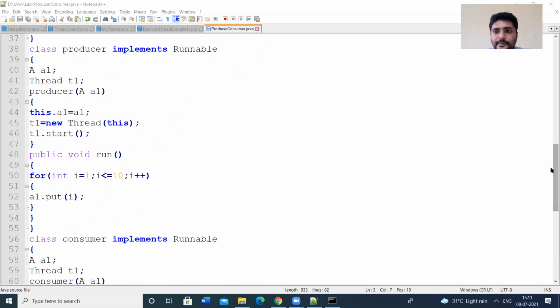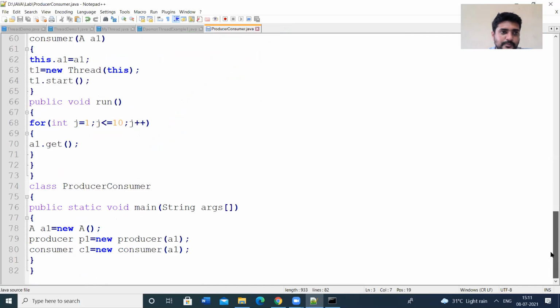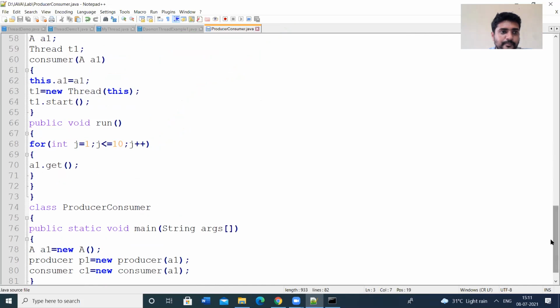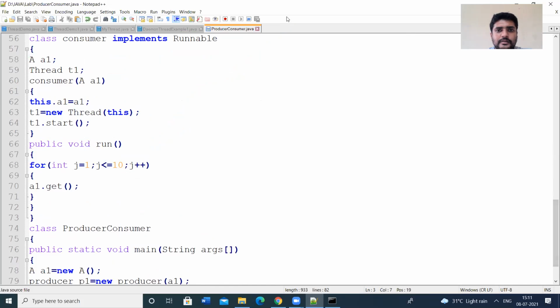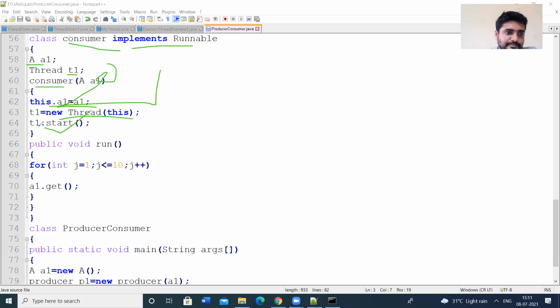Likewise, we can define the consumer class. Class Consumer implements the Runnable interface, with some object reference A1, thread reference T1, and a constructor Consumer passing the object, then assigning the object value and invoking the thread, and then starting it. The consumer thread will be started through T1.